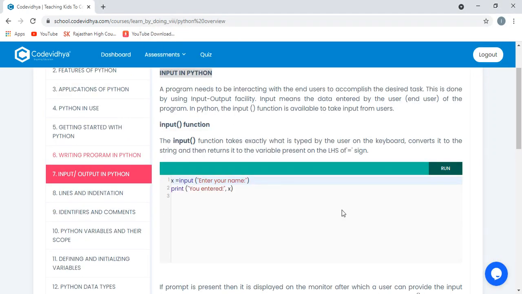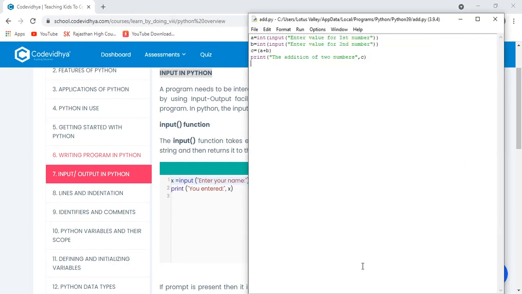Vaibhav, now tell me one more program on the same thing. I am deleting everything. Now we have to do the multiplication of two numbers. Now tell me the code for that one, and I want to enter values from the user in the run environment. So what am I supposed to write here? Tell me. Yes, who wants to tell? Multiplication of two numbers. No one? Ma'am, I will.